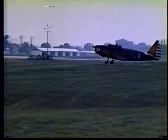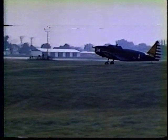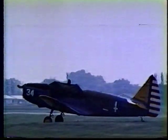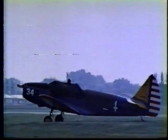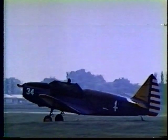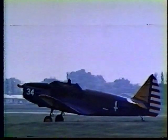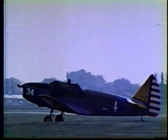The old PT-19. You know, I've gotten a lot of flying out of that airplane. I really have. I really had a lot of fun with it, too. But there was this local guy who really fell in love with it. I mean, he really flipped over it. I took him for 3 rides, and well, he made me a great offer. And besides, there was this beautiful AT-6 for sale. So